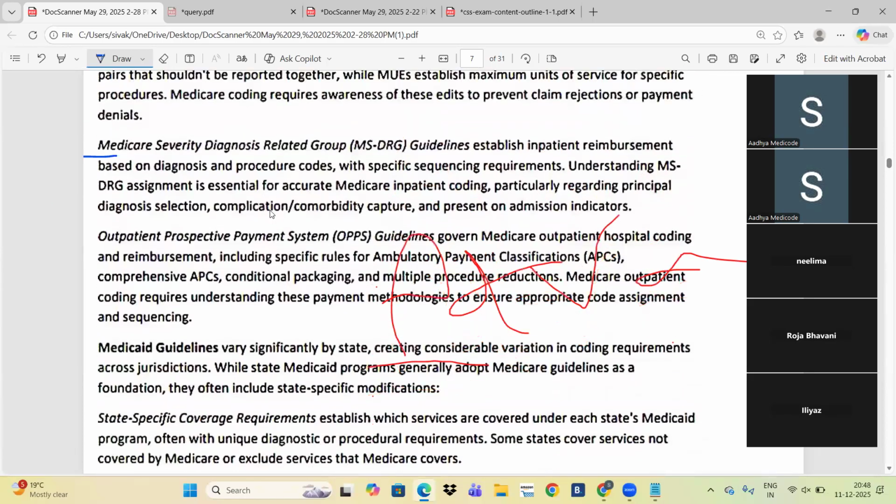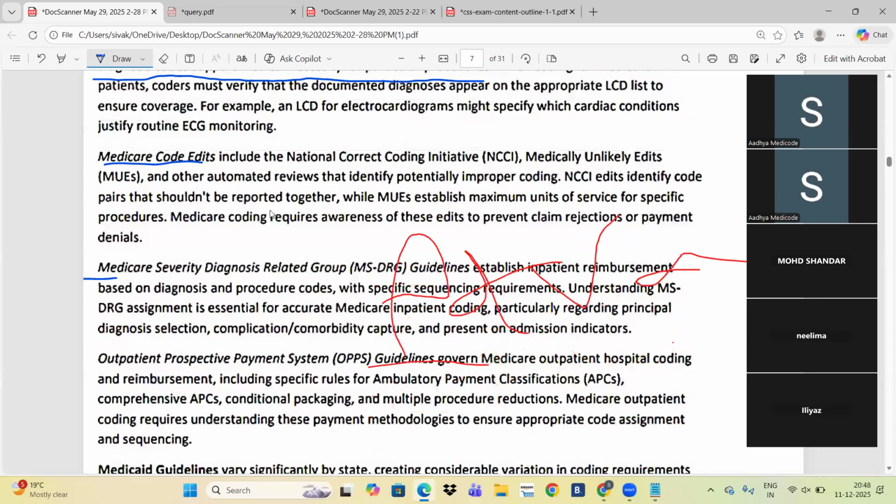Sir, I want to ask one question. If we see any CPT in the encoder that shows 2 and 3 MUE just like that, it means that code should be allowed a maximum of 2 or 3 times per day, true? In the first column there is a 2 and in the next column it shows 3. Whatever it shows, 2 means we can code that procedure 2 times, 3 means that procedure is allowable 3 times. Okay. MUE value 3 means that for that procedure we can code a maximum of 3 times per day.